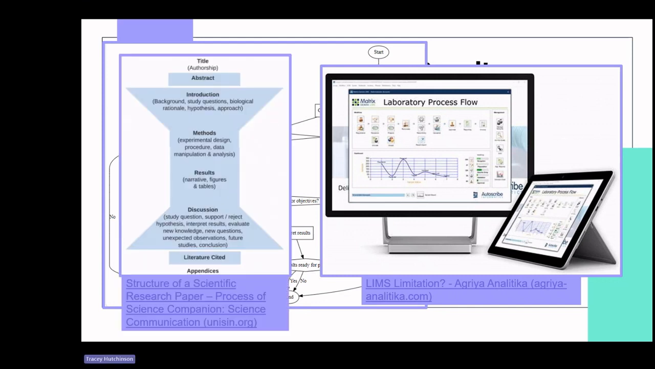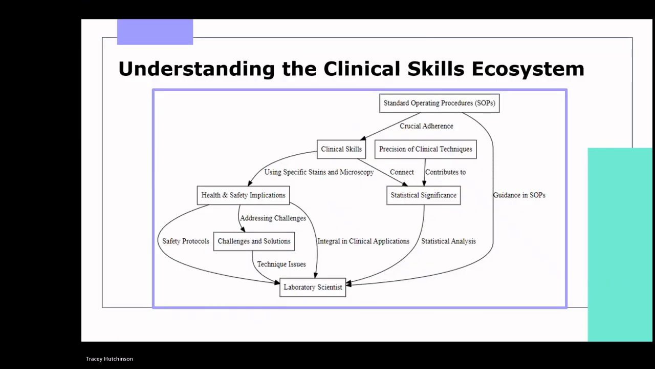Contributions to scientific reports involve preparing concise abstracts, detailed introductions, comprehensive methods and results sections. Reliable and verifiable data presentation is key, along with identifying the most appropriate ways of displaying data. Let's explore these elements and connections in our clinical skills